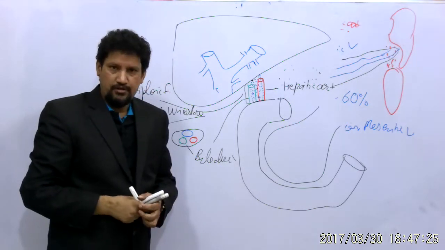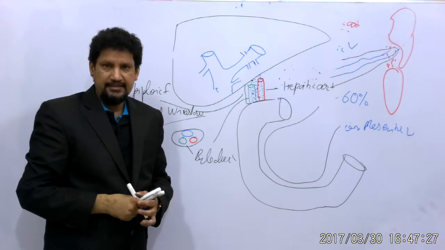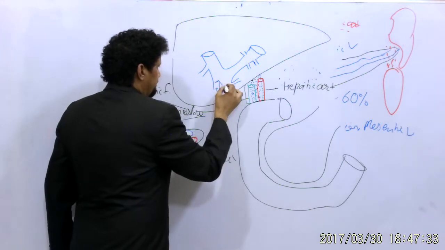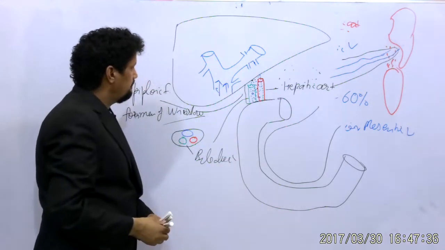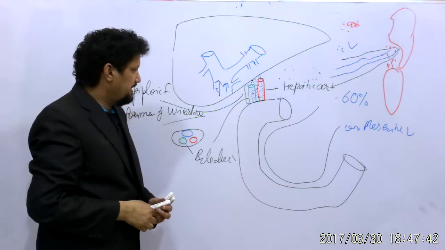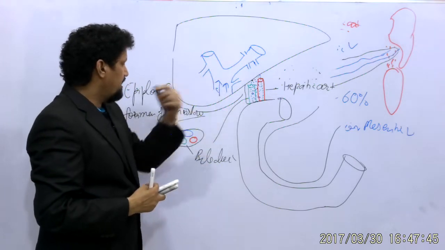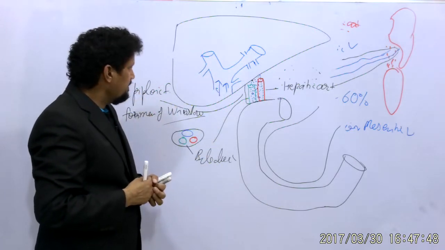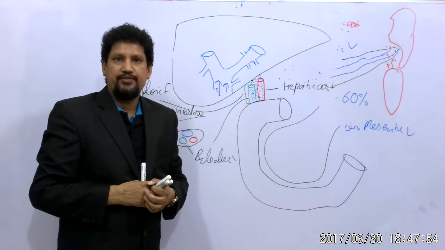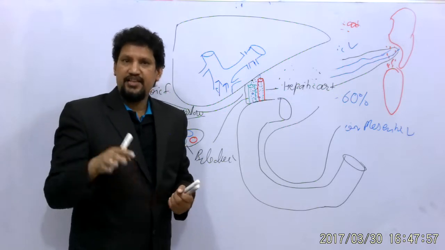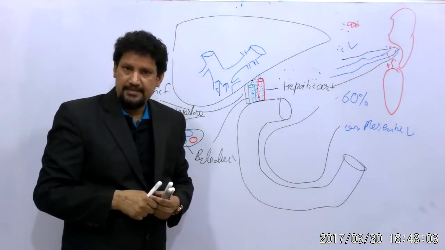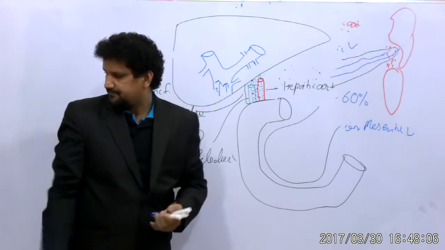The portal vein is devoid of valves, it is not having valves like other veins. So, it is having the flow towards the liver. So, it is a valveless vein. This is not a typical vein: it starts in the capillaries and ends by forming the right and left branches of the portal vein, and ultimately it will end in the sinusoids, which are a type of capillary. So, the portal vein is initiating in the capillaries inside the GIT, and it is also ending in the sinusoids, which are also capillaries inside the liver parenchyma.